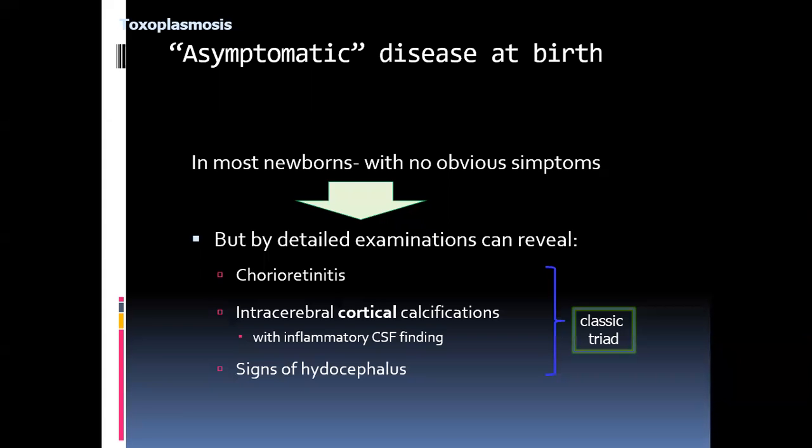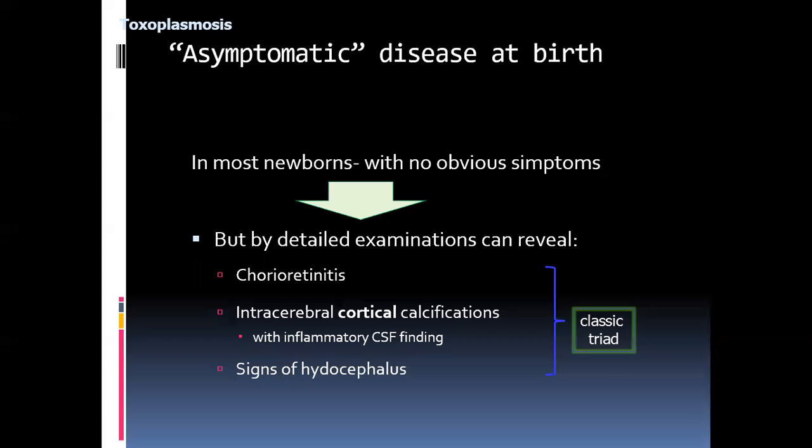There can be inflammatory cerebrospinal fluid, and signs of hydrocephalus. So these are some manifestations that will occur in asymptomatic disease at the time of birth. Most probably they can develop in most of the cases in newborns. With the newborns, they can show the symptoms,